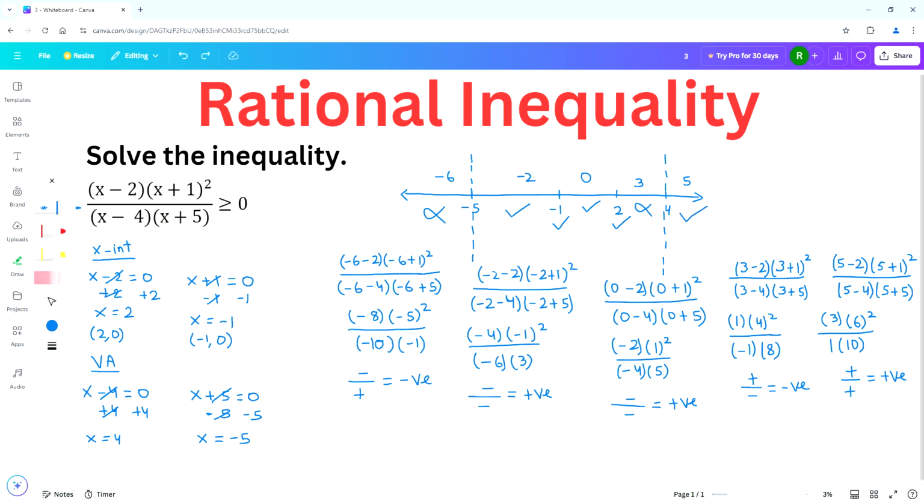As per the analysis, the inequality is satisfied in the interval from -5 to -1, including -1, and it is also satisfied in the interval from -1 to 2, including -1 and 2. Since these two intervals are adjacent intervals, we can combine these two intervals into one big interval. The interval will be from -5 to +2. We can write the solution in inequality notation as